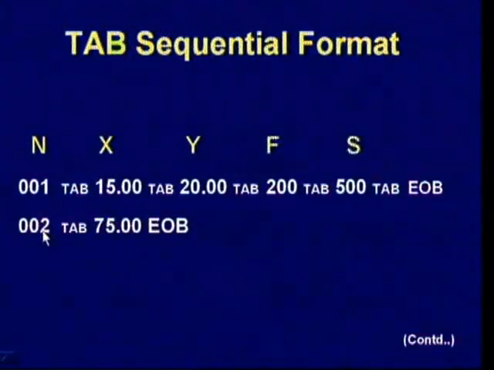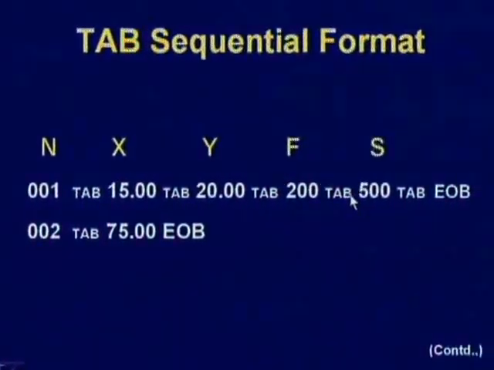In the second block, block number 2, the tab X value is changed, so the value we are specifying, but there is no change for Y, F and S, so no need to specify. Whenever you consider these two things, that is a fixed position format or fixed block format and tab sequential format, in a fixed block